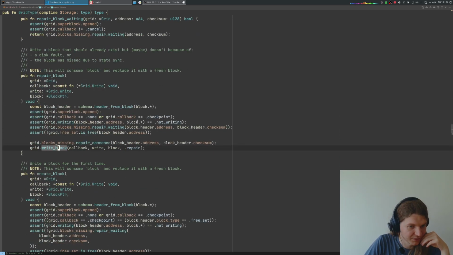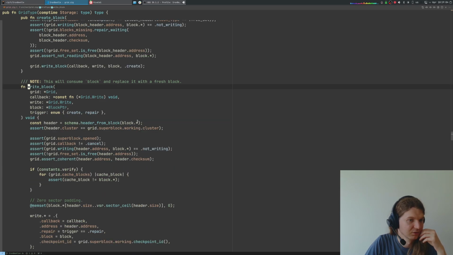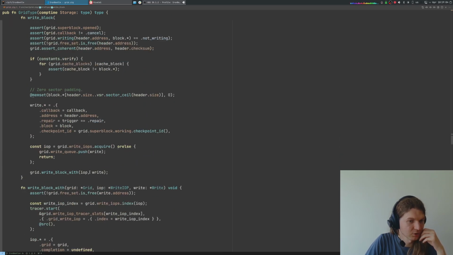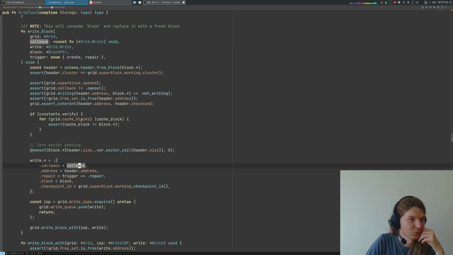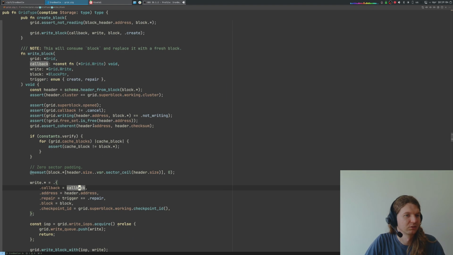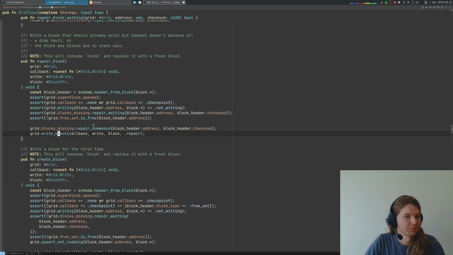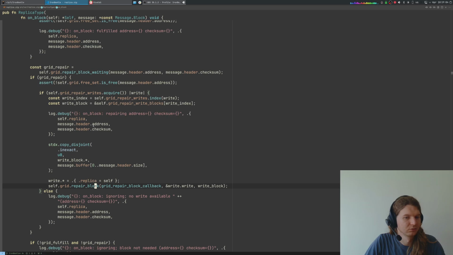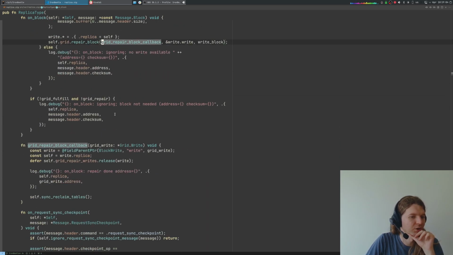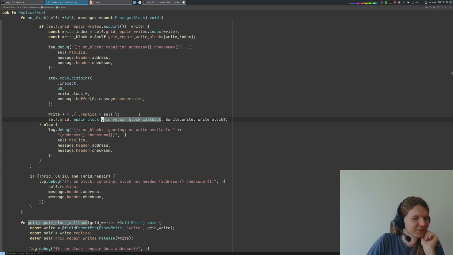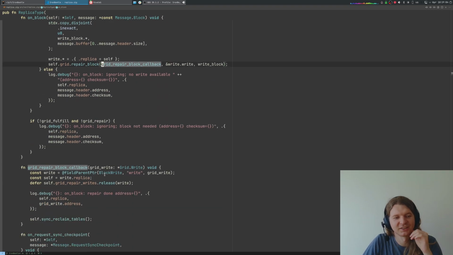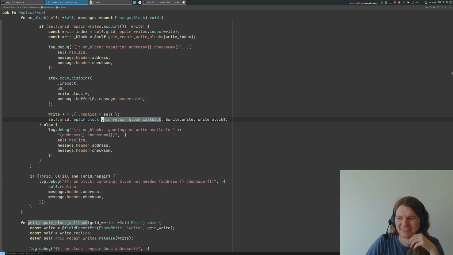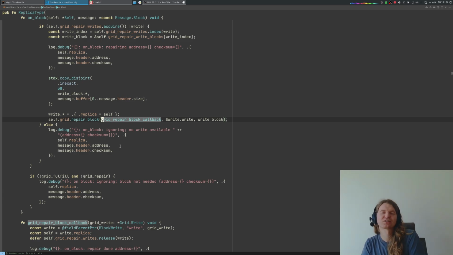And that writes this block, and what is the callback here? Repair block, grid block repair callback. Well, okay, so that is confusing, and that's not something I'm going to discuss today, but